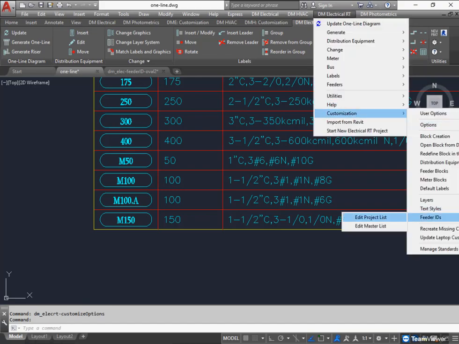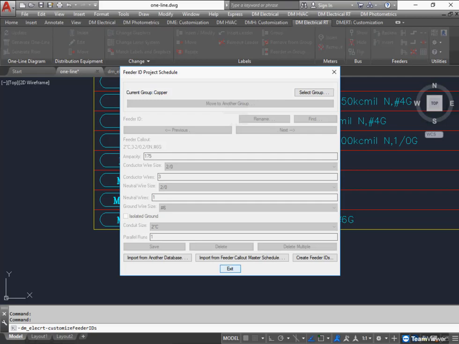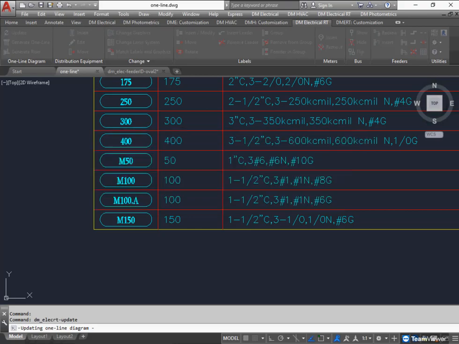I will go to my feeder IDs and clear all of those out. When you change your format, it's simplest to just use the delete multiple once again to erase them all, run the update, and that will give the software a chance to recreate them. When we do that, you can see that now instead of just using a 100 for the ID, it's a 100/3, saying it's a three-phase feeder, and then N and G, saying there's a neutral and a ground wire on it. So again, a longer callout. If you combine your neutral and your ground wires, you'll get a /4 in this case, saying that there's 4 wires. If we click OK,